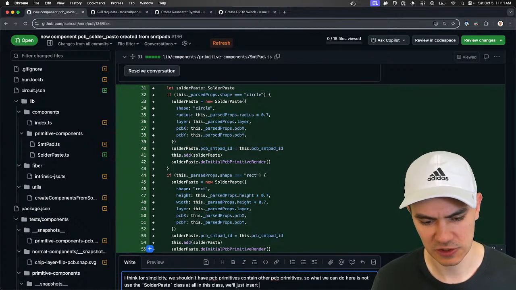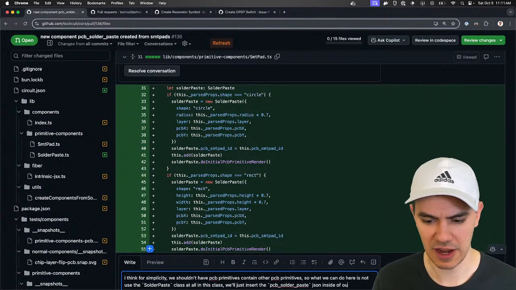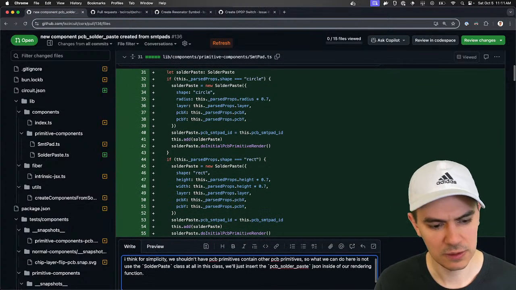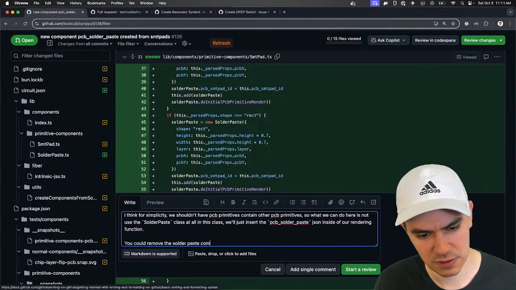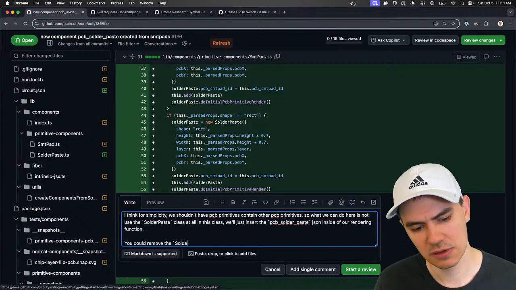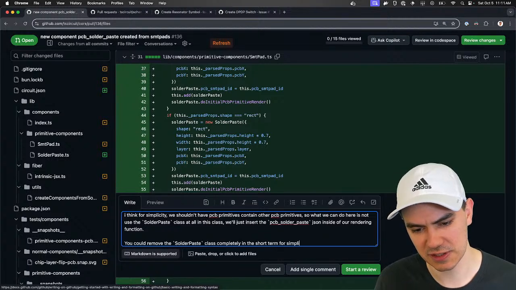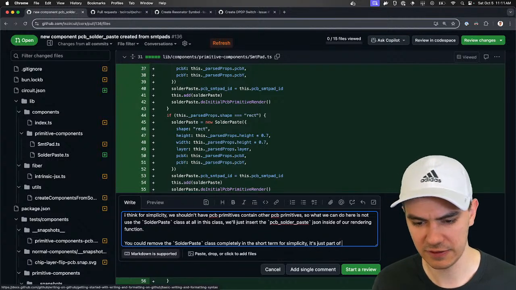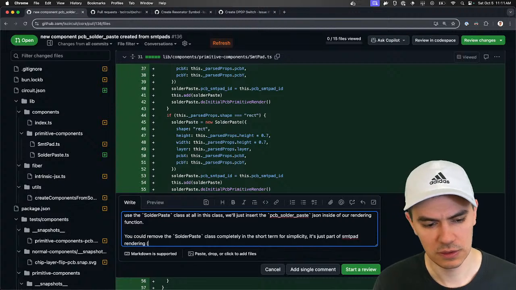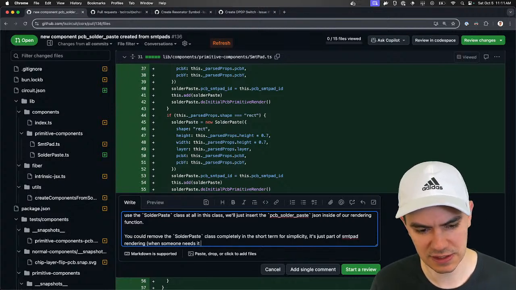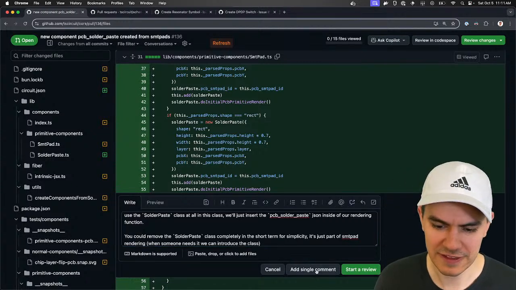We'll just insert the PCB solder paste JSON inside of our rendering function. You could remove the solder paste class completely in the short term for simplicity. It's just part of SMT pad rendering. When someone needs it, we can introduce the class. I think that's probably the best approach.